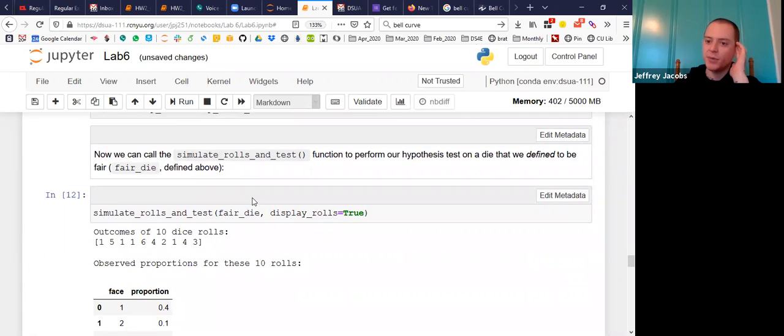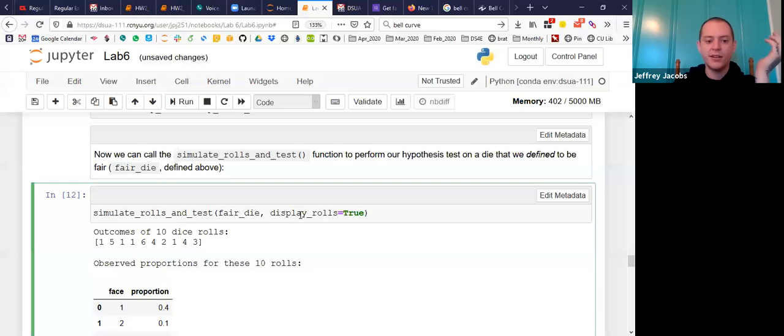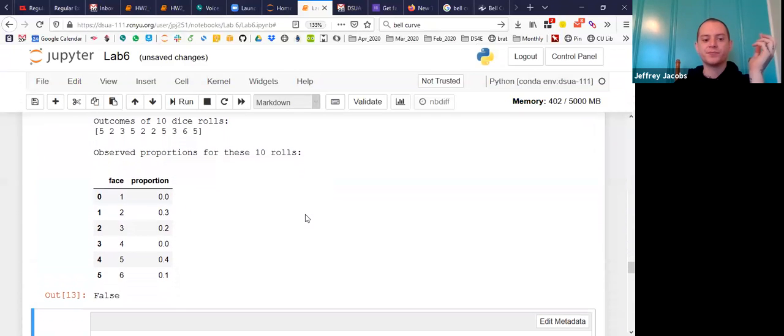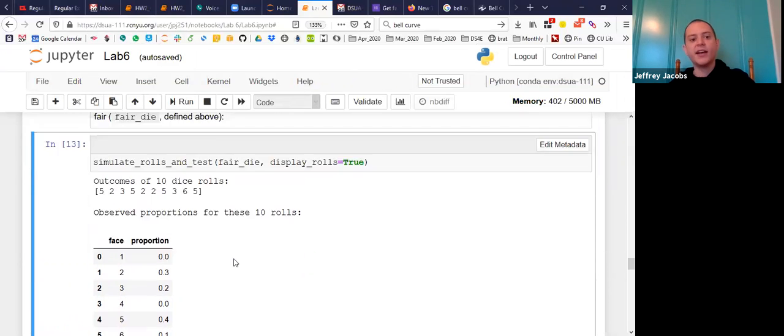So hopefully people are starting to see what's going on. We get another true, even though this time we got 1 four times. Before we didn't get 1 at all, now we got 1 four times, but we got pretty much all the other ones less than we'd expect. Just keep running it. Aha, so this one, we actually got a false, which means it said, oh, this die,